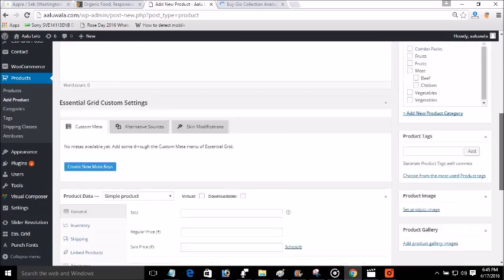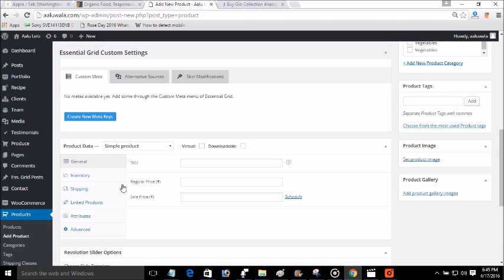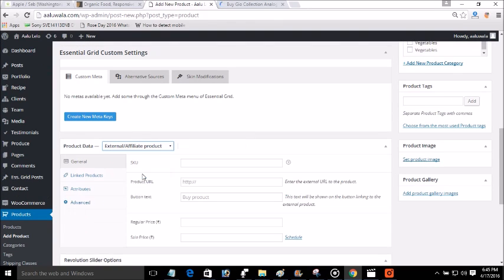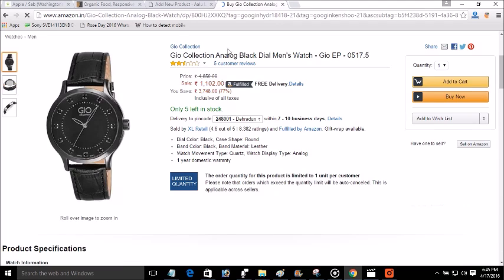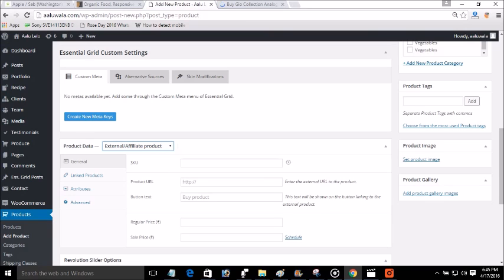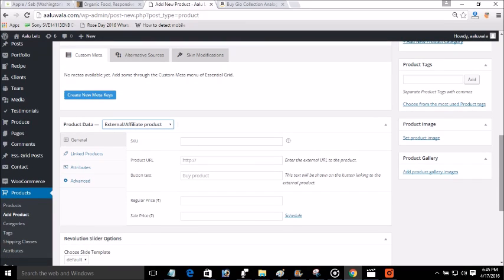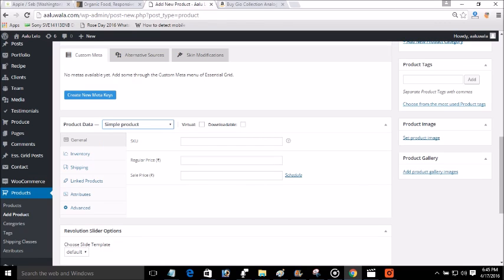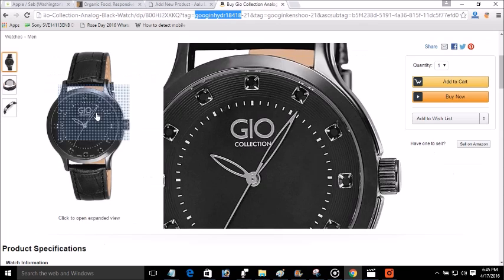If we work as an affiliate, we have to go here for the external affiliate, and here I will place the URL of another store, so that you will get some commission when you create the affiliate URL, which we have already discussed in another video. So I want to sell this product myself, so it will be a simple product.